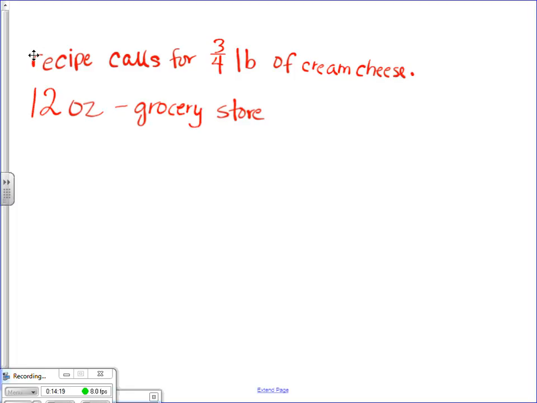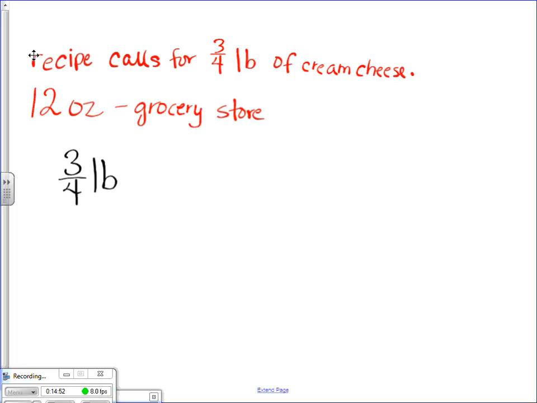To know whether or not a 12 ounce tub of cream cheese is enough for 3/4 of a pound in the recipe? What can you do to figure it out? You could divide it. By what? So, if the recipe calls for 3/4